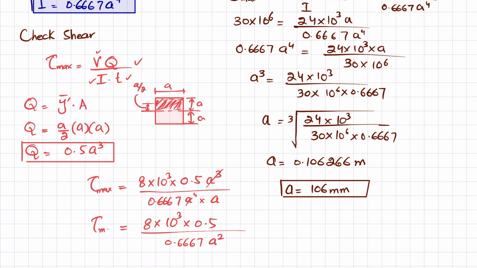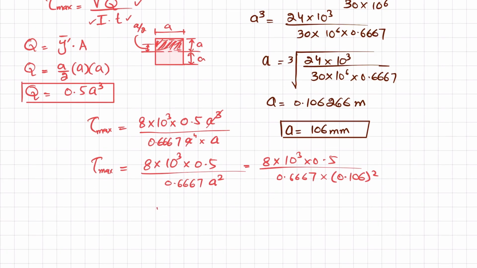That is equal to 8 into 10 raised to power 3 into 0.5 divided by 0.667 into A, where A is given as 106. So I will take it in meters, it will be 0.106 whole square. When you solve this, you will get the maximum shearing stress as 531